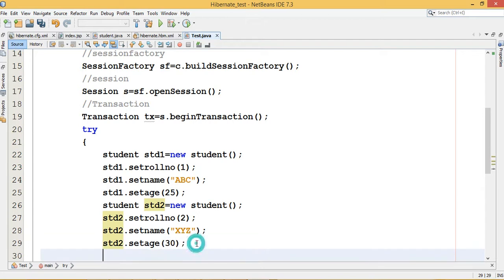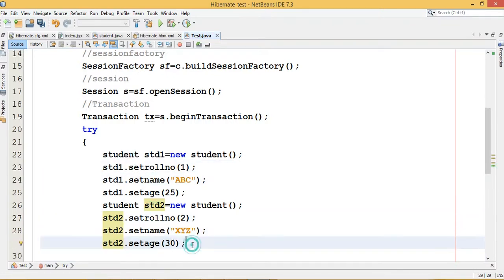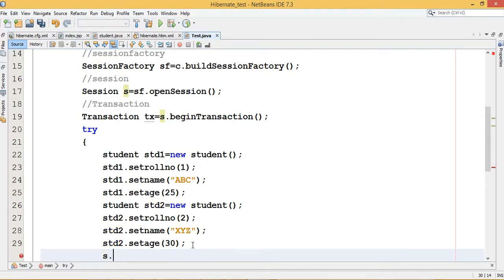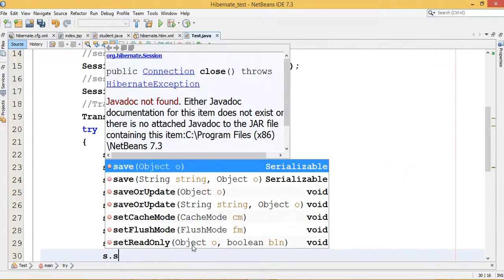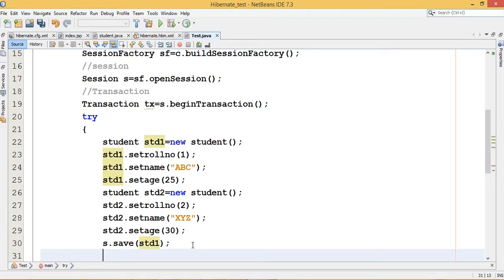I want to insert all these records, so I have to call a transaction to insert both records. So how you can do it, you use the session object s, which has a method save. So you can save the object. Your object is std1. Another object is save std2.